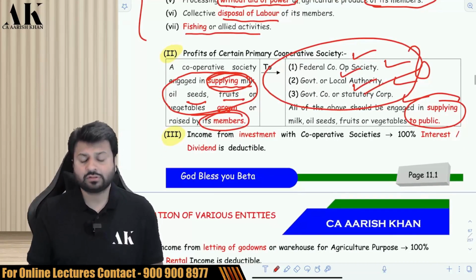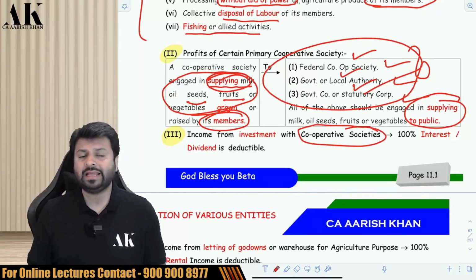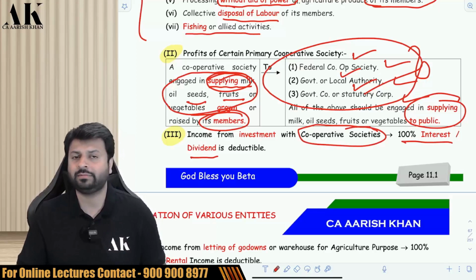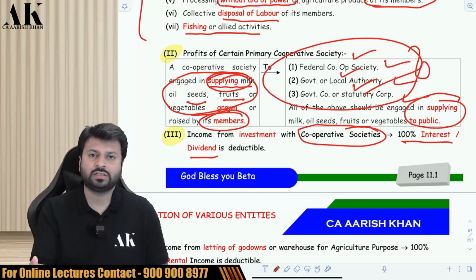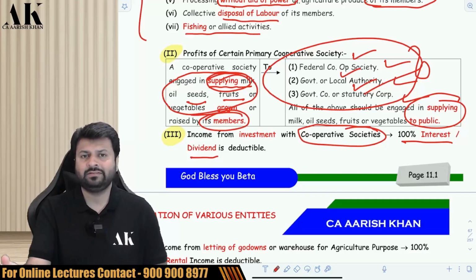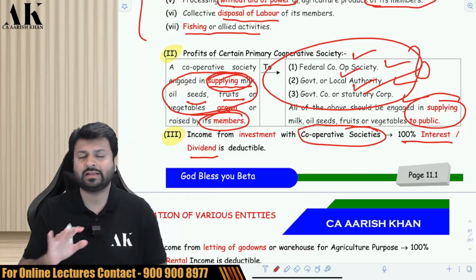Third one, if a society invests in another society, then 100% of interest and dividend will be deductible. So I am a society, if I am purchasing shares of another society, I'll get dividend, that is deductible. I am a society, I am giving loan to another society, that society is giving me interest, that is 100%